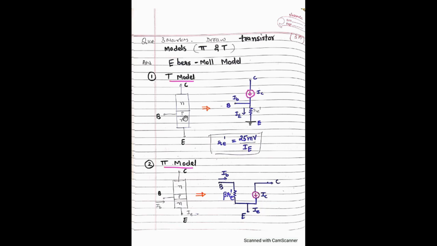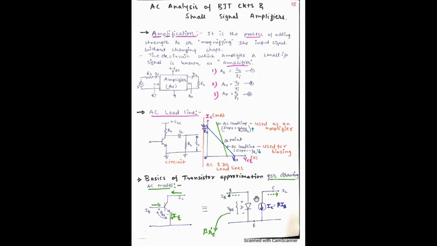See, this is the NPN transistor, with base, emitter and collector. The equivalent assumed AC model is in the shape of a T. Can you see this is the T shape? This is the vertical line and this is the horizontal line. So this is the T model. In that one, I have just rearranged this assumption and approximation of the transistor in the shape of a T.